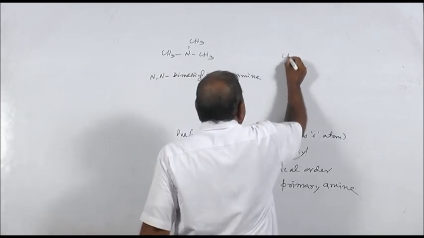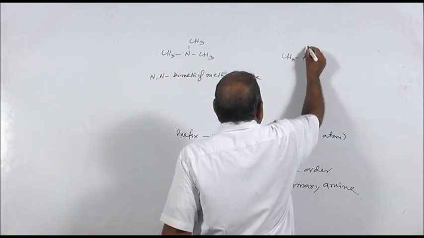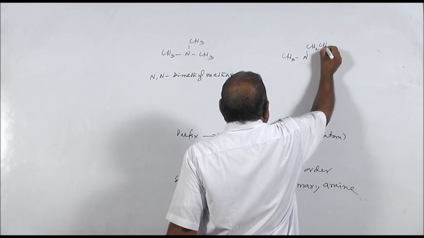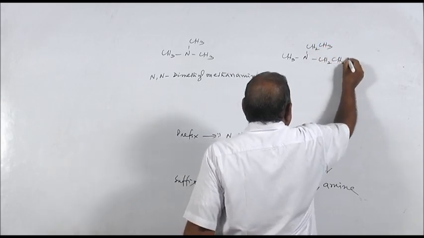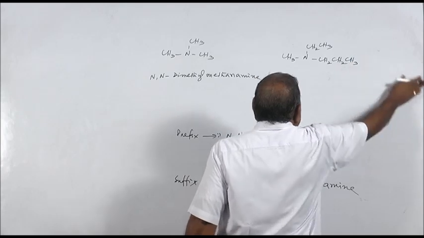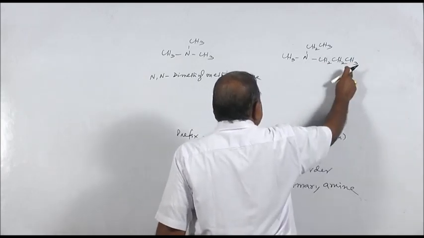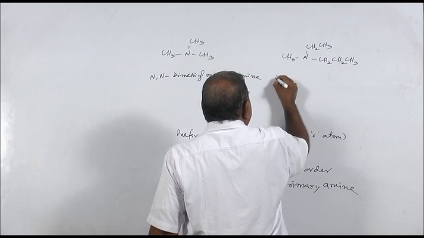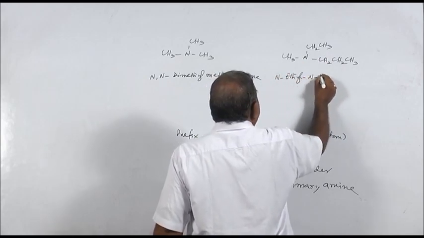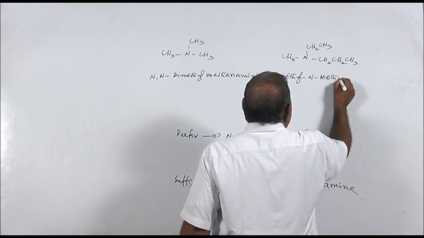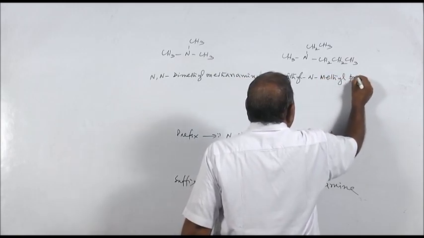Let us take another, CH3 and CH2. Say these 3 are all different. So this is the longer chain, and these are the last 2 carbon atoms. Alphabetical order gives N-ethyl, N-methyl, propane,